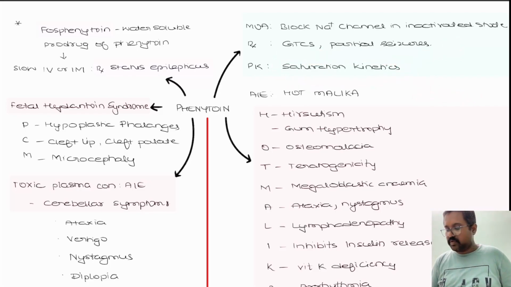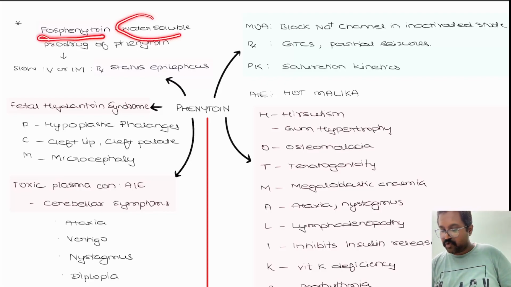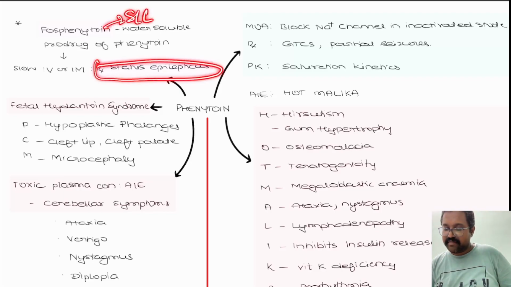There is a congener of phenytoin, that is fosphenytoin, which is more water soluble and a prodrug of phenytoin, and it is administered through slow IV infusion, and is basically helpful in case of status epilepticus, where the side effects will be very less when compared to phenytoin,